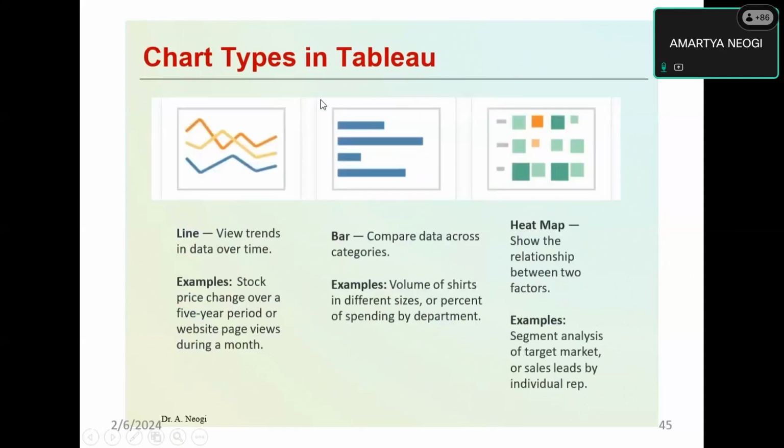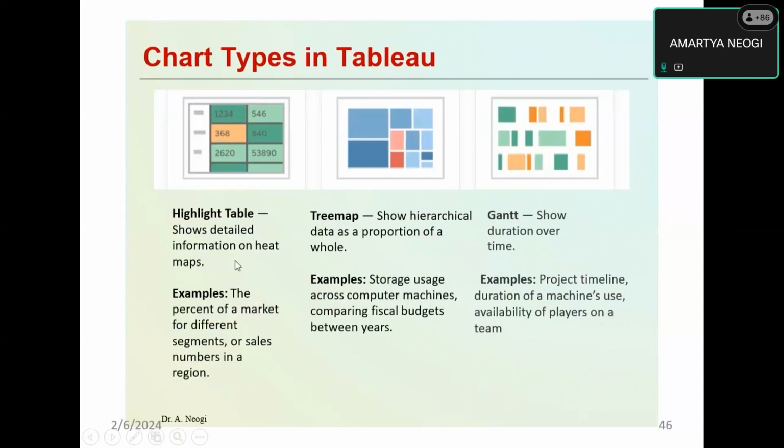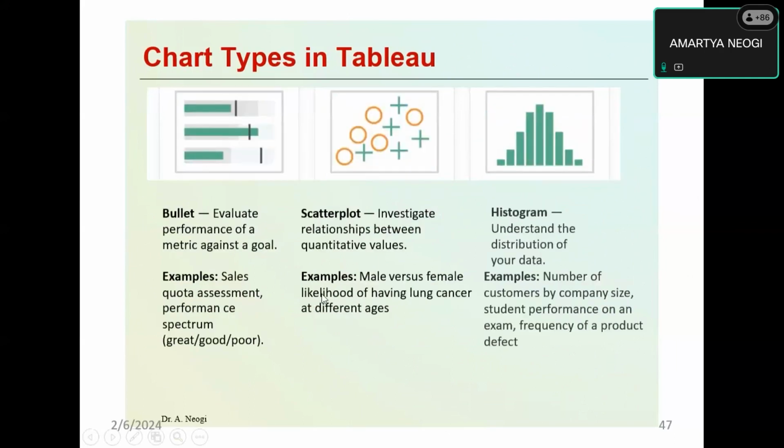Now what are the different charts that we can have in Tableau? A lot of charts are there, what we are habituated with in Excel or any spreadsheets. Besides these we have a heat map, segment analysis, line chart, bar chart, then a highlighted table may be there, tree map is there, used for storage usage across multiple machines, comparing fiscal budget between different years. Gantt chart is there, for project timeline structure. Bullet chart is there, to evaluate the performance of metrics against a goal, like sales quota assessment,